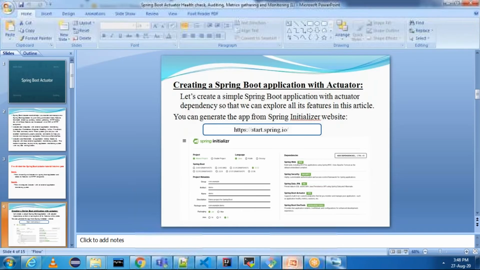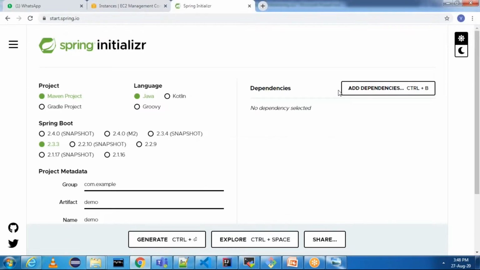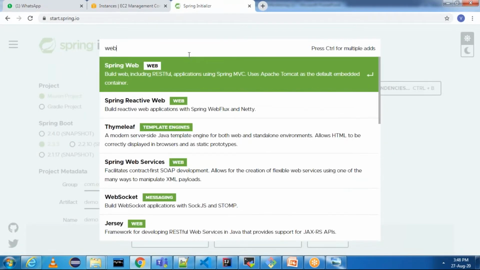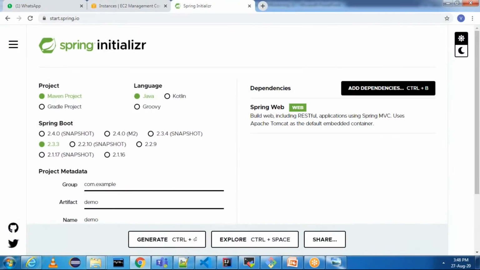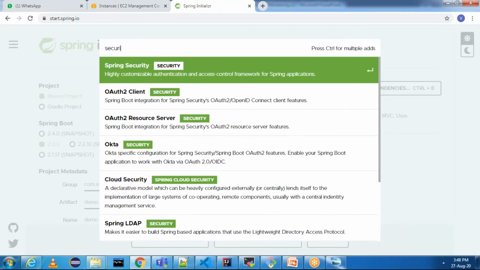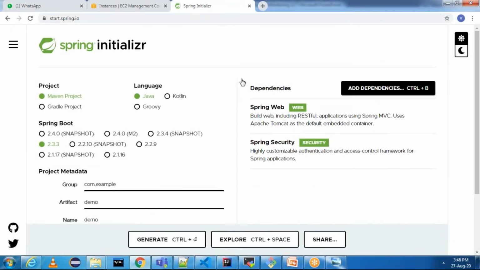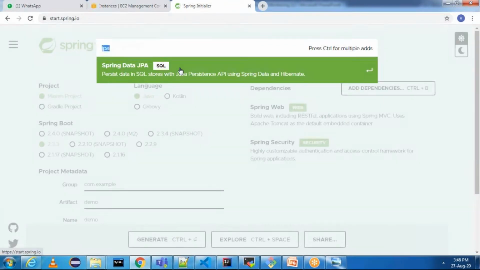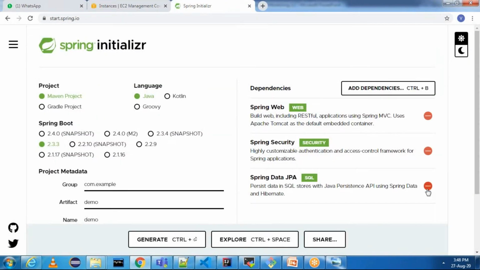In the dependencies, we just need to add Spring Web, Security, and then JPA if needed.